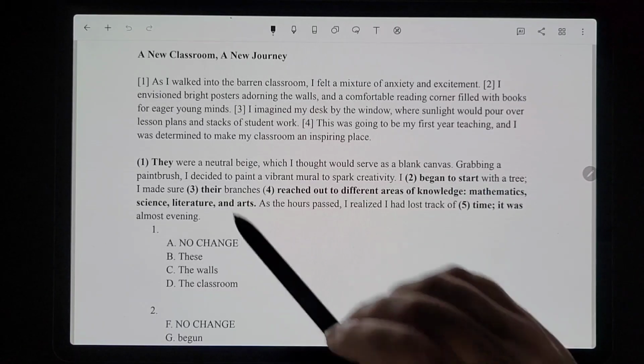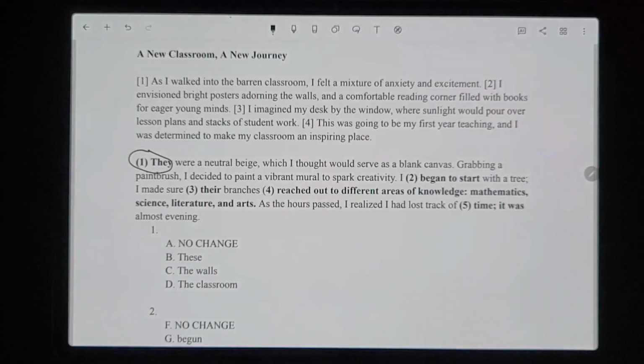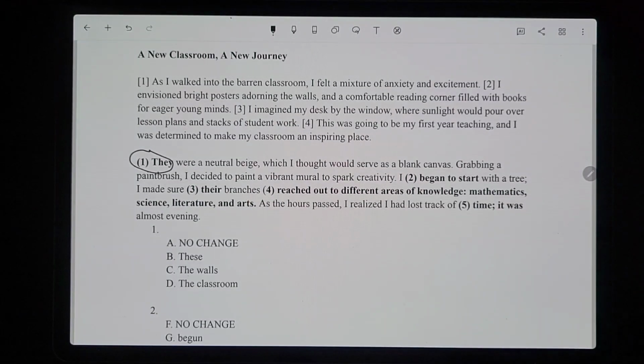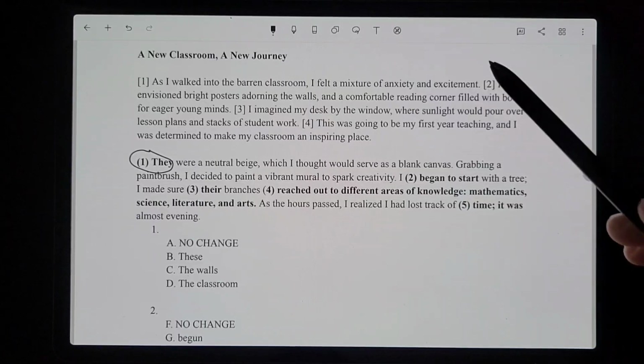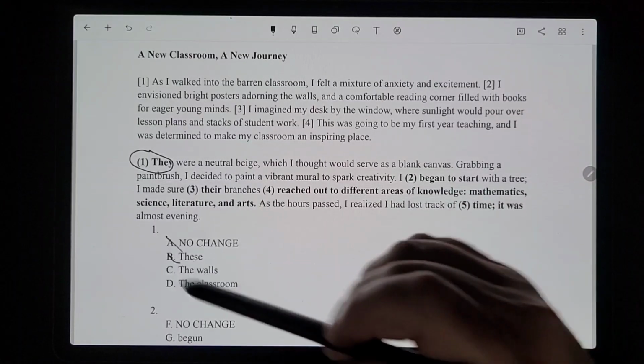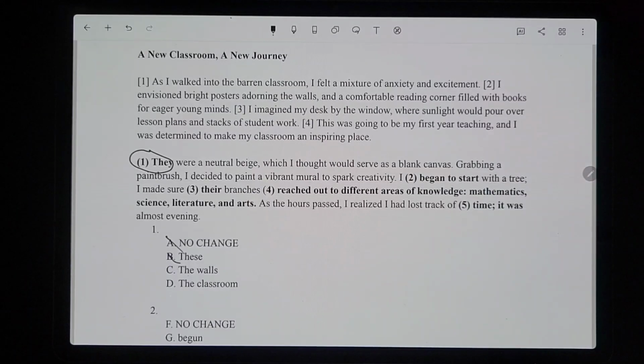So already I know that this is an unclear pronoun issue because we don't know what "they" is referring to. So we need to clarify that. So these would also not be appropriate. We need to be clear with what we're talking about. So the walls or the classroom would clarify what we're talking about.